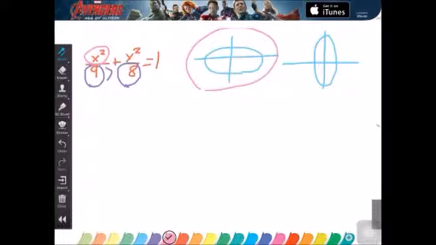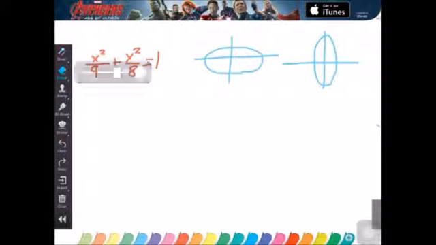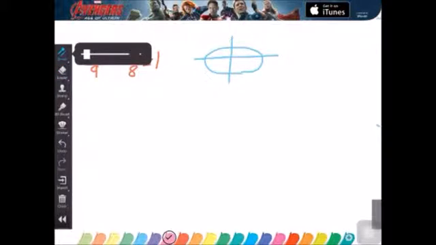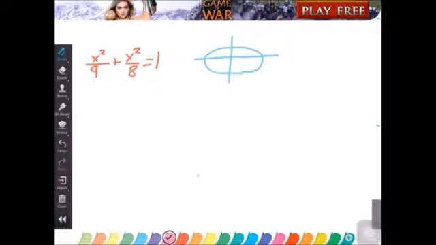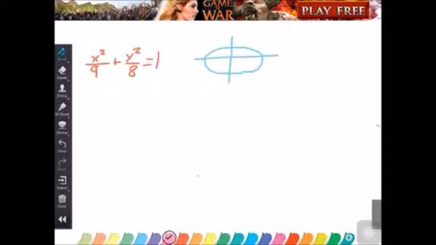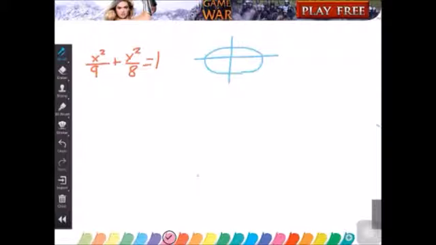But since it's the denominator of the x value, we know it's the horizontal ellipse. So we can just get rid of this guy. We don't really need him. And we're going to keep a horizontal ellipse on the screen just for reference, and we might make a couple of notes on it at some point. So now that we've determined that our equation is an ellipse and the kind of ellipse that it is, we can continue with finding the foci